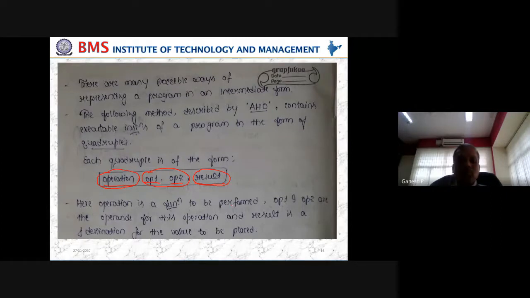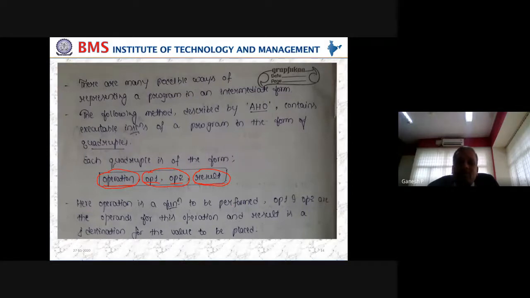If you go more than 2, probably it will get complicated. So it is better to distribute any big expression, however complicated it is, into various sub-components involving only two operands. That's the reason why he brought the concept of a quadruple involving only two operands. That will give a more practical approach of looking at a problem, and in a more sequential manner we can get the solution instead of combining everything and getting confused at a later stage. That is the idea behind this, and it is really suitable and valuable from the compilation and code generation perspective.